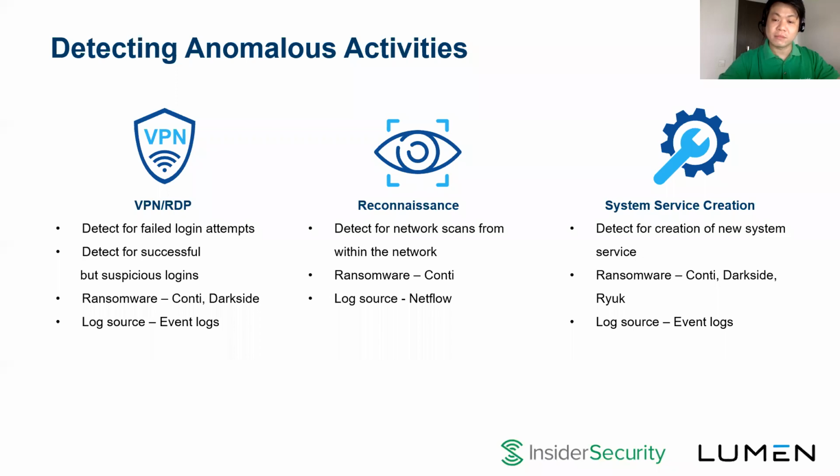Yep. Okay. And the last one? Yeah. The last one is system service creation. Okay. So again,